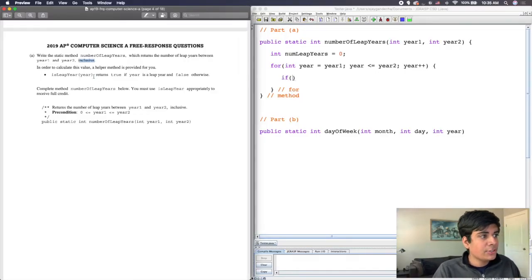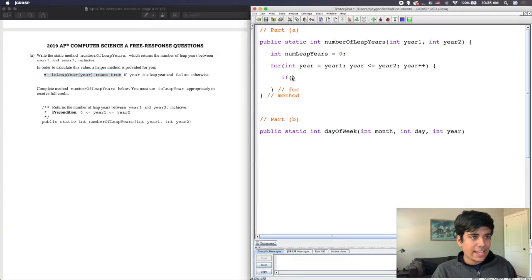and then I can use this method that's given to me. If is leap year, because they gave me a helper method called is leap year. I can put in a year as its parameter, and it will return true if it is a leap year and false if it's not. So I can say if is leap year,